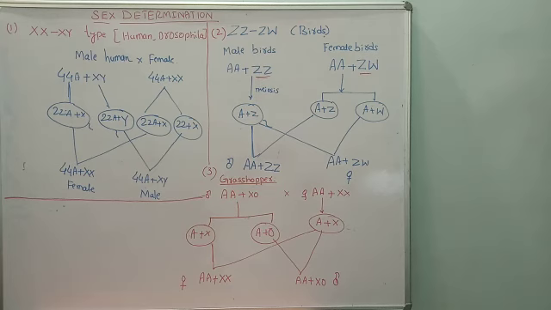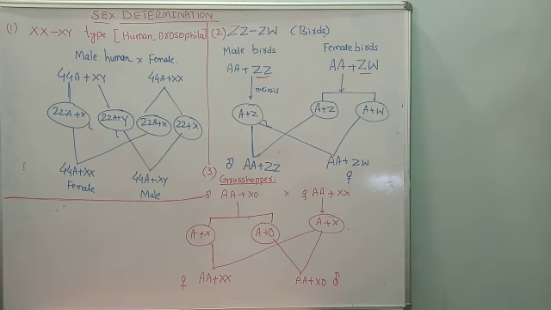They are heterogametic and produce two types of sperms: 50% of sperms contain an X chromosome and the other 50% are without a sex chromosome. This 0 means the remaining 50% of gametes do not contain any sex chromosome. So this is the result of sex determination in grasshopper. These are the three problems we have worked out, and you practice by yourself.